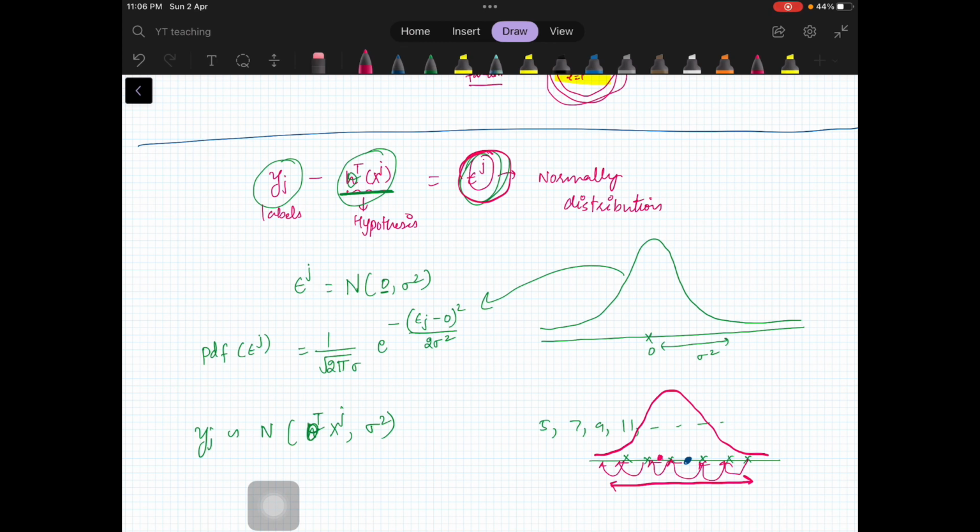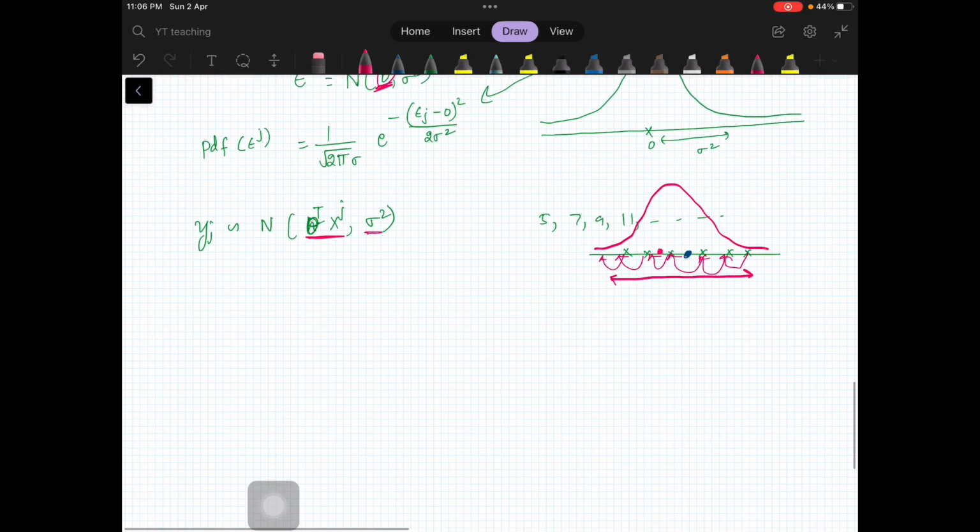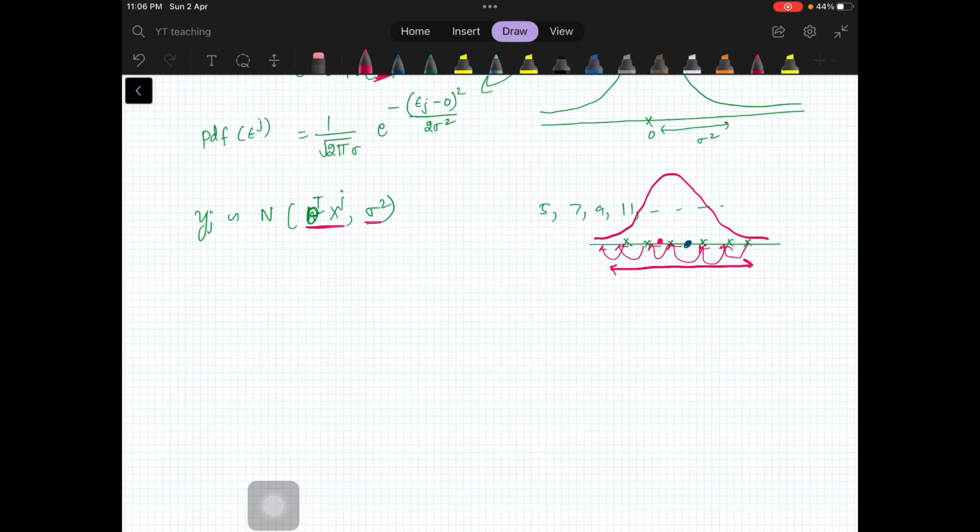Your epsilon j is normally distributed with mean 0 and variance sigma square. So this new variable yj is nothing but you are adding theta transpose xj to epsilon j. So this will have its mean changed and the variance remains the same, right? So it means that what will be the